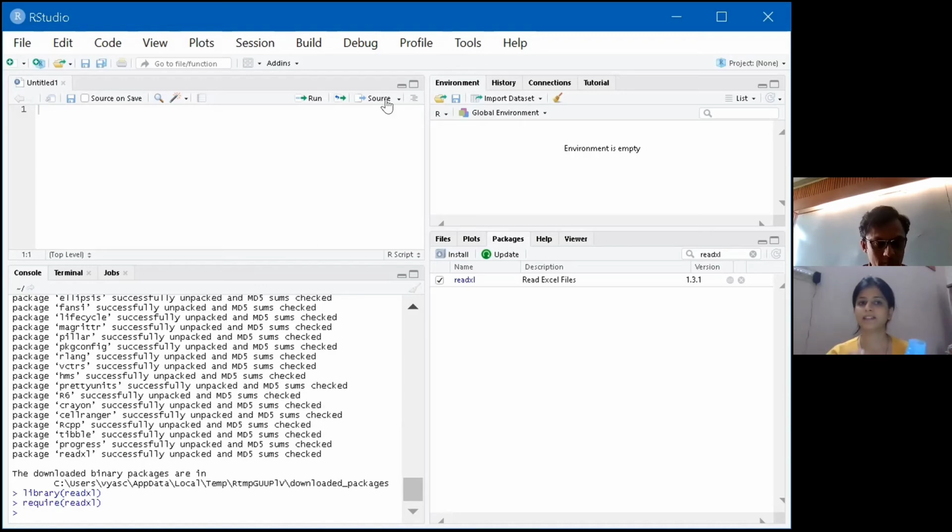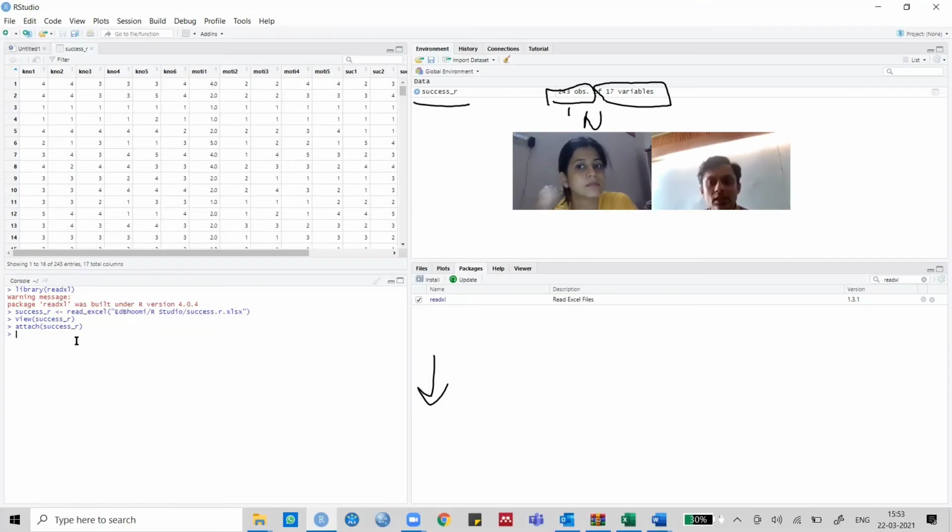That means this package is now right there in your library. When you use Excel, it will show you. If there is some error, it will give us the red syntax error. If not, then it is fine. So 3 things we have done: install, import or view, and attach.